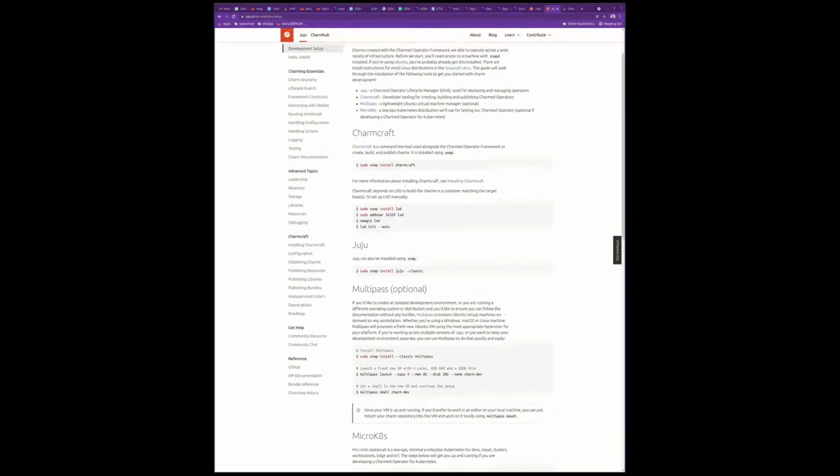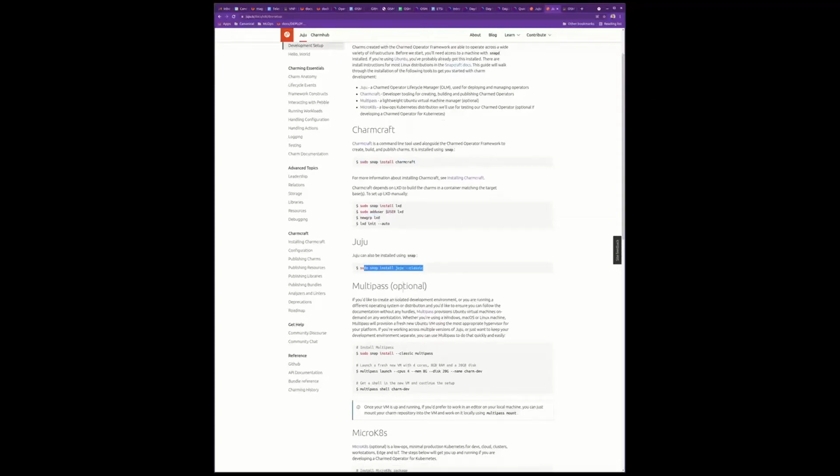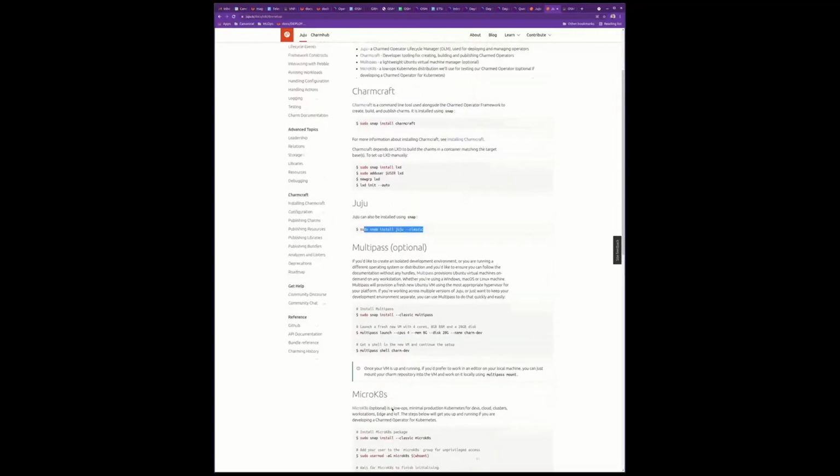What you need to do is install Charmcraft, LXD, and Juju. Your MicroK8s instance is already deployed there, so the only thing that you need to do is the Juju bootstrap. And if you do it on the machine where your MicroK8s cluster is available, you can start